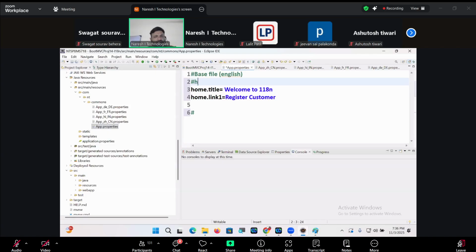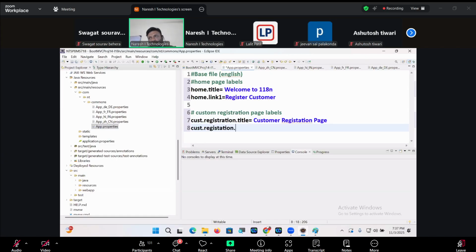Customer registration page labels. Customer dot registration dot title: Customer registration page. Then customer registration dot ID: first we are asking for customer ID.